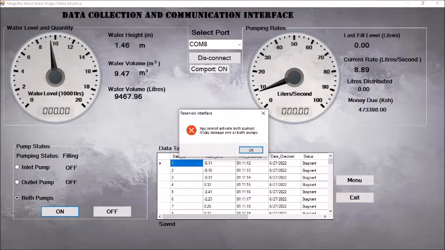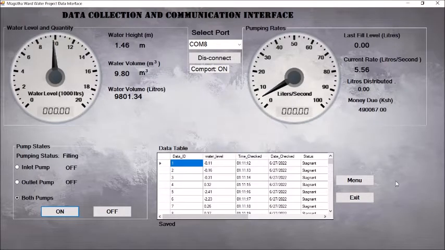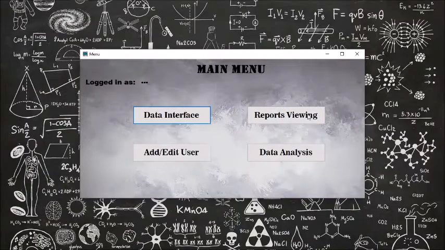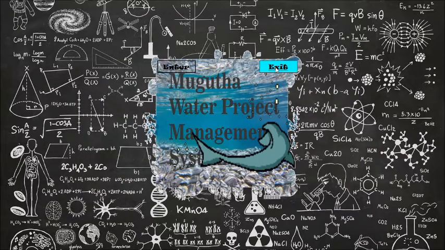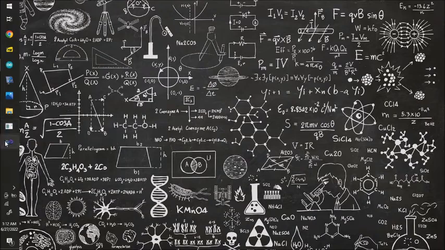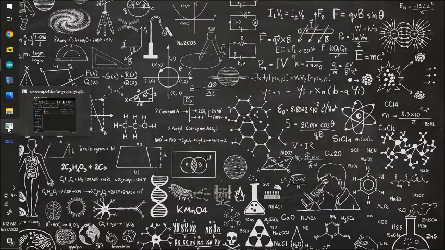You cannot switch on both pumps, as I said before. That's the error message right there. So let me exit from this, close it, exit. So with that small demo,